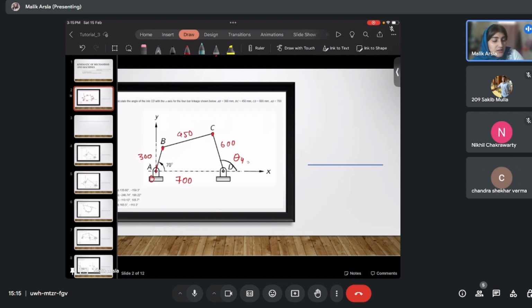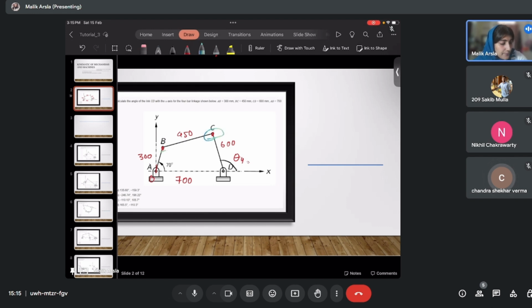The link lengths are the known parameters. The theta input is the known parameter and theta 4 is the unknown parameter. So we would want to express theta 4 in terms of the known parameters, right? So the standard procedure is that you consider this link 2 and it has these 2 points,